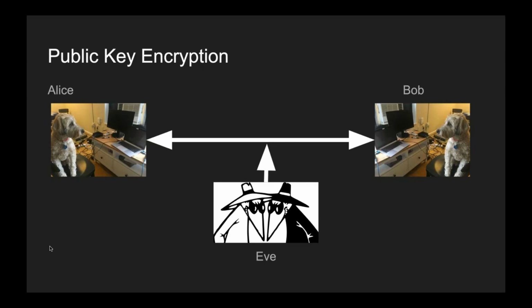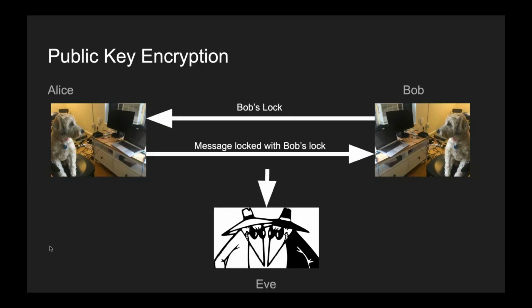So if Alice wanted to send a message to Bob using the symmetric key algorithm we just saw, the one-time pad, the problem is that if Alice and Bob haven't talked to each other before, they don't have a key to use for symmetric key cryptography yet. And if Alice tries to send Bob a key, then Eve is going to listen in and hear the secret key, and so Eve will be able to decrypt anything encrypted with it. So it kind of seems impossible if you first start thinking about it, if Alice and Bob are on totally different sides of the world or the internet, that they could ever establish a secret that Eve would not be able to figure out.